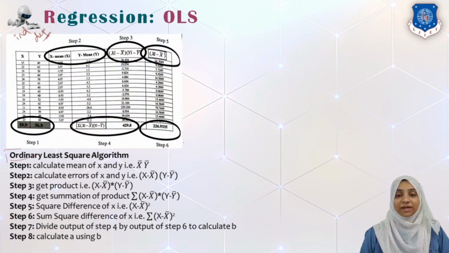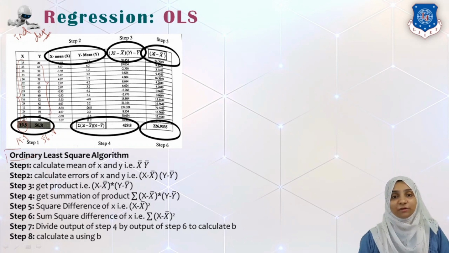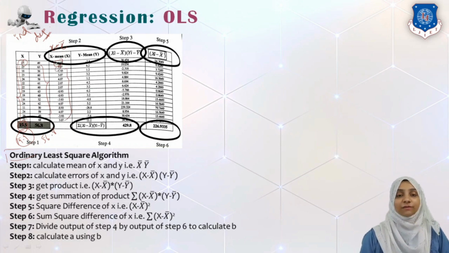That means in the first step we will calculate x bar and y bar, that is, the mean of x. The mean of x is calculated by summing all those values divided by the number of samples, that is nothing but 19.9. Similarly, we will calculate the mean of y, that is y bar, which is 56.8. Now, after calculating this, we will calculate x minus mean of x. This is equivalent to x minus x bar. For each individual value of x, we take the difference with 19.9, and that difference is written over here.